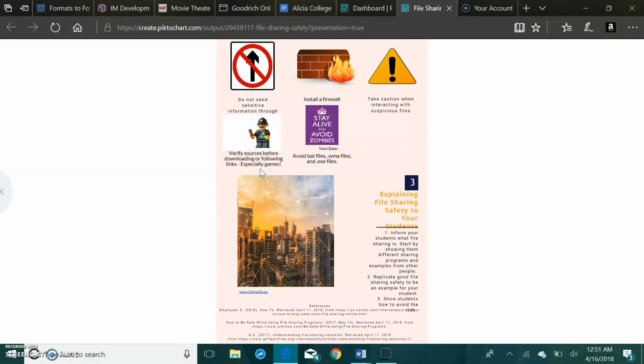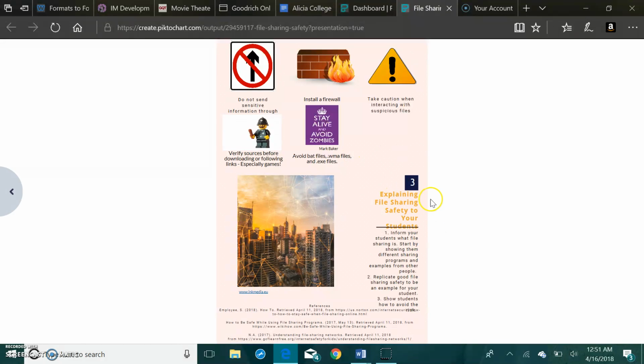Now, many kids are wanting to play video games on their computers, but when it's time for class time, students could be getting on some very dangerous websites and could ruin their classwork. Avoid bad files such as .wma files and EDCI files. Files with these last 3 characters on both of these could contain bad information or viruses.